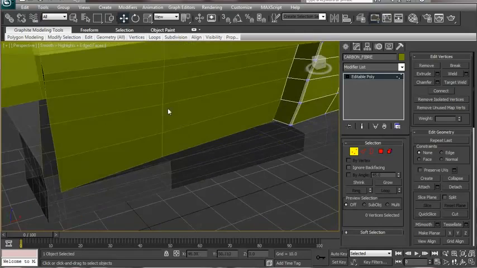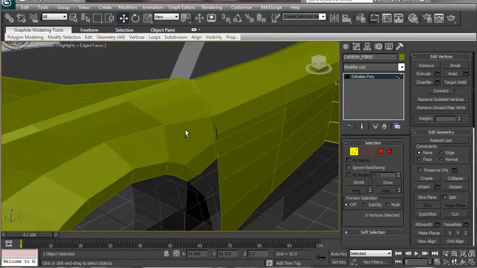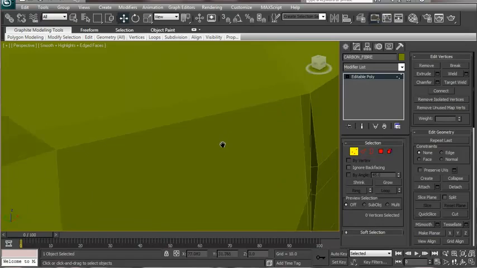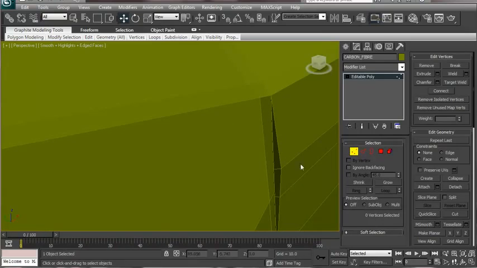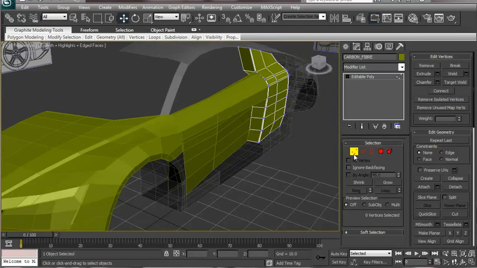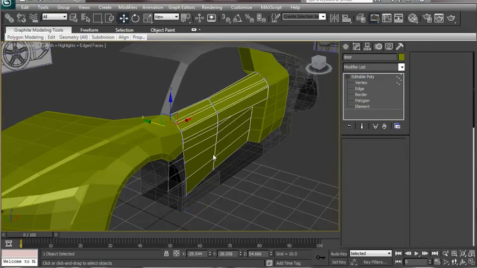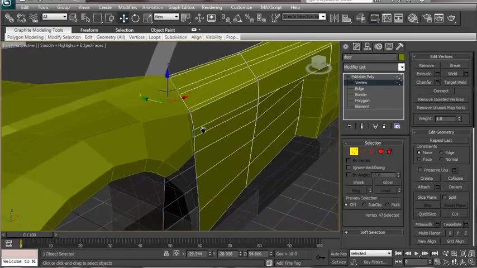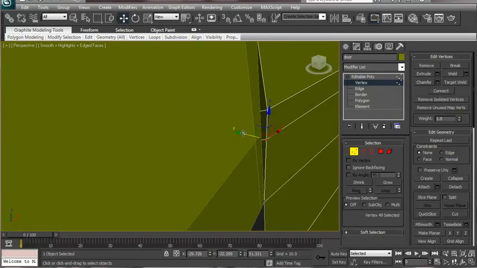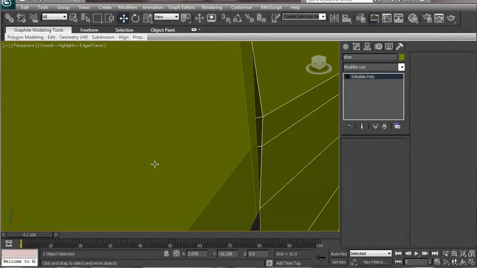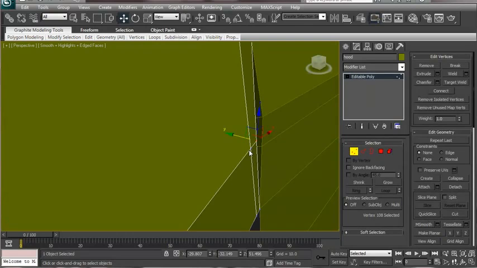You can see that we've got one edge coming right over here, and there's a slight gap over here. So let's go to the editable poly mode, select this, switch over to the vertices mode, and let's move the vertices, or let's select this piece, and let's move these vertices out just a bit,